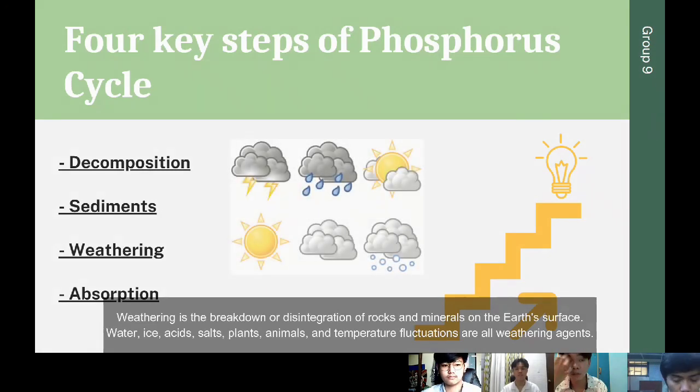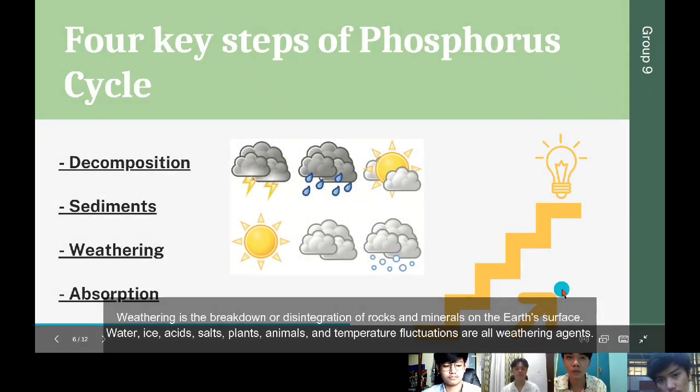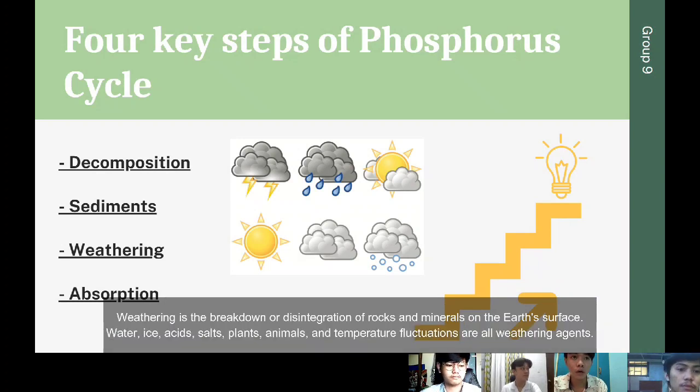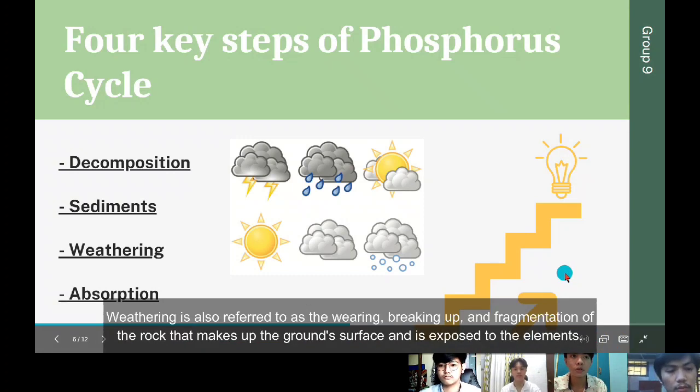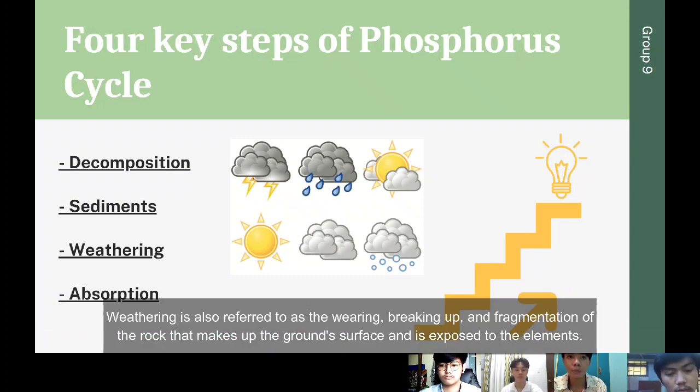Weathering is the breakdown or disintegration of rocks and minerals on the Earth's surface. Water, ice, acid, salts, plants, and animals are all weathering agents. Rainwater, extremes of temperature, and biological activity all contribute to the weathering of rocks at the Earth's surface. Weathering is also referred to as the breaking up and fragmentation of the rock that makes up the ground surface